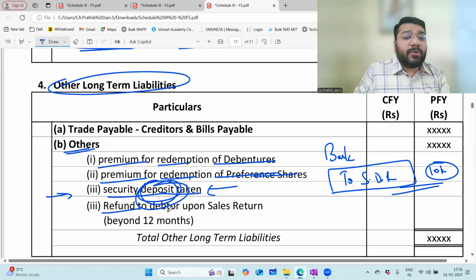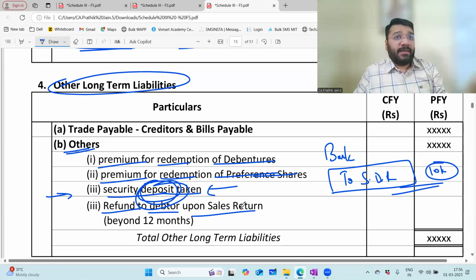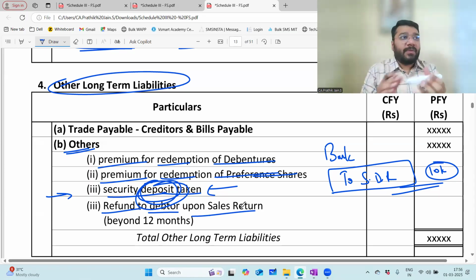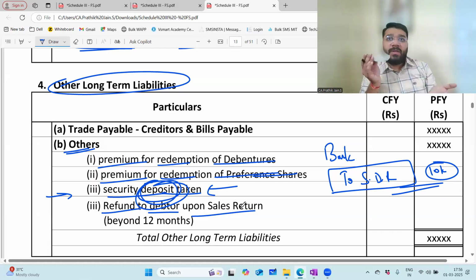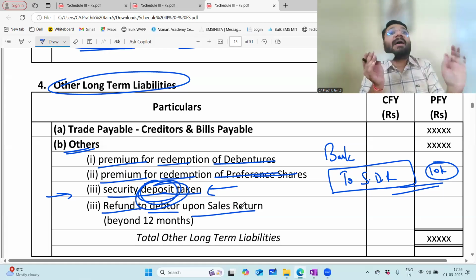Next is what? Refund to debtor upon sales return, where there is a customer to whom we have sold the goods on credit. When the person is liking the product, he'll keep it. If he does not like it, what will he do? Take your product, I don't want your product. He will return the product back to me. So when the customer is returning the product back to me, what is my obligation? To repay the money back to him. If I repay the money back immediately, or if I'm going to repay the money back in the next 3-4 days,